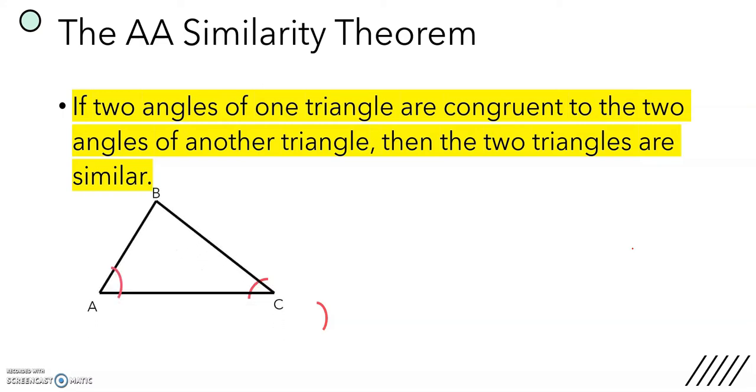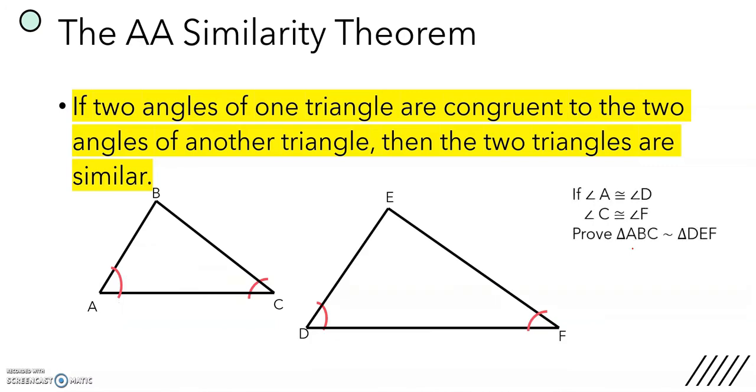So say you have triangle ABC and triangle DEF. So you can see here you have two arcs showing the congruency of these two angles. So you have angle A corresponds to angle D, then angle C corresponds to angle F. So if these two A's in the AA Similarity Theorem are congruent, let us prove if triangle ABC is similar to triangle DEF